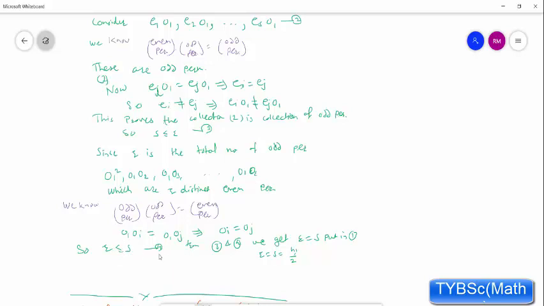So from the fourth and from the third we get R equal to S. And if we substitute in 1, what is 1? R plus S equals n factorial. Both are equal, so 2R equals n factorial, meaning R equals n factorial by 2. Similarly 2S, since R plus S means 2S, both are equal, so 2S equals n factorial, meaning S equals n factorial by 2. This is what we wanted to prove. So I think you understand this one.